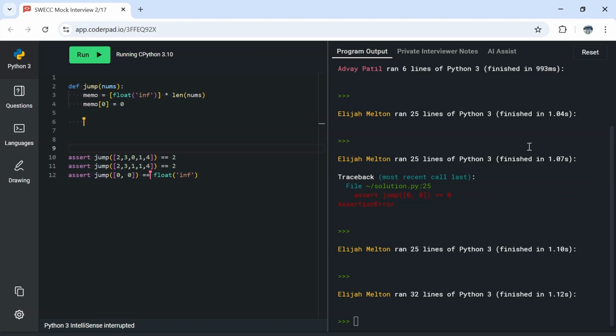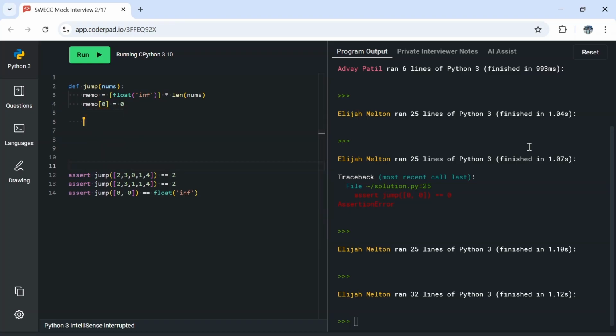Actually, let me think about the best way to convert this code. I shouldn't have deleted my recursive stuff. You can bring it back. Yeah, I don't think I necessarily need it. All right, so I think we can start with 0 and we can still start from the bottom,